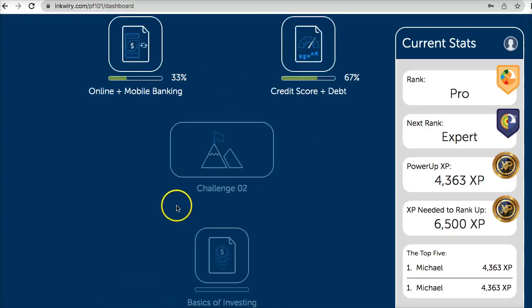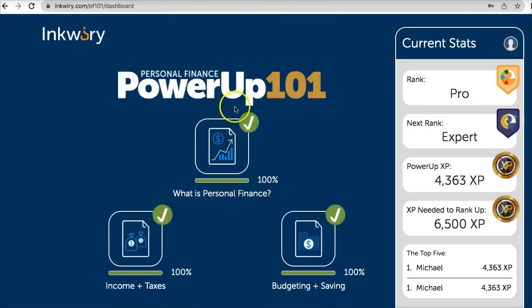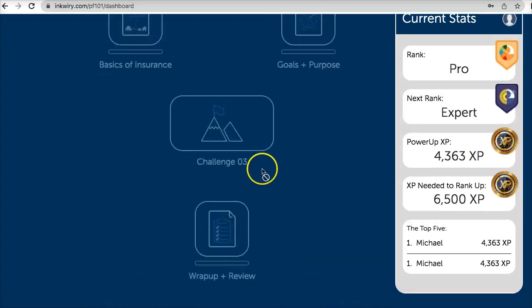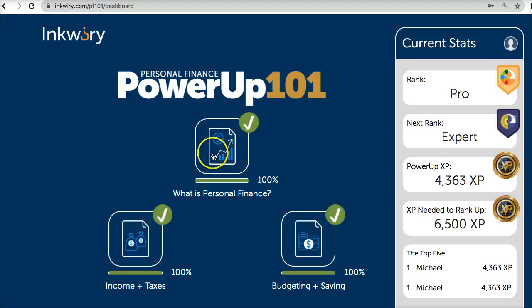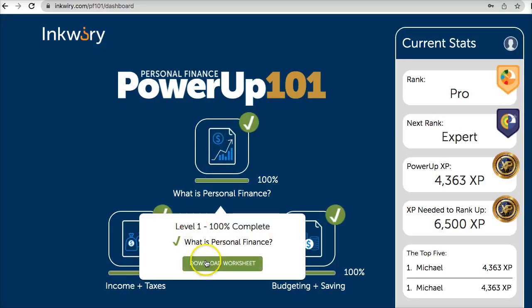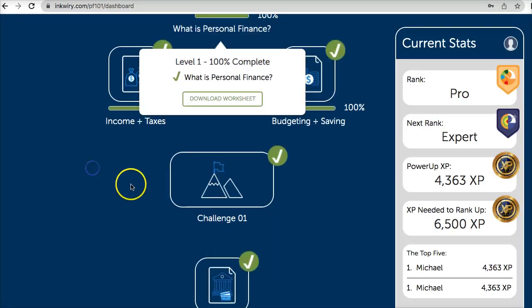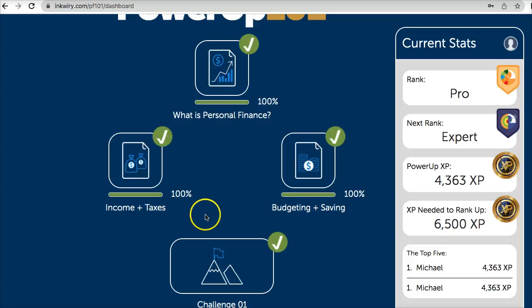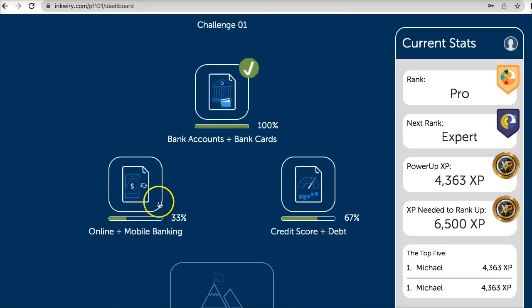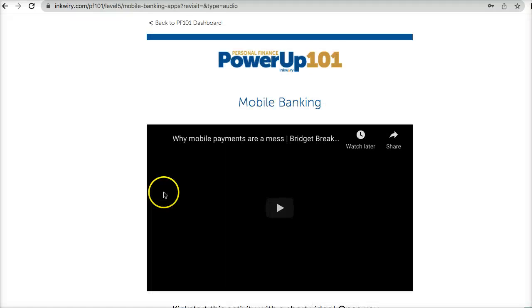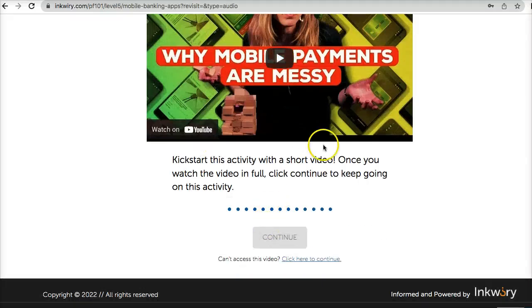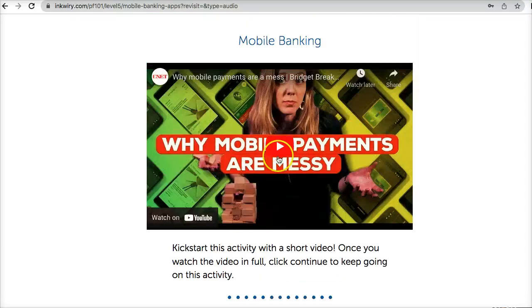And you will be responsible for, in the Personal Finance Power Up 101, I want you to complete everything down to the wrap up and review. And so I'll just give you an idea of what this looks like. This level 1 is complete. Let's see, I was finishing up on online and mobile banking. So as I go, basically you watch some videos, and